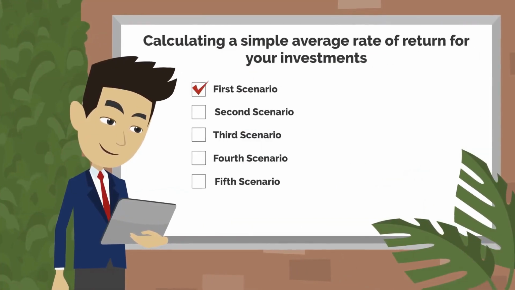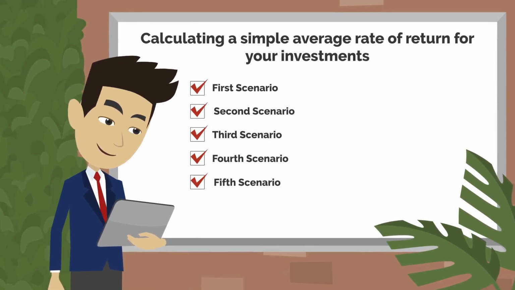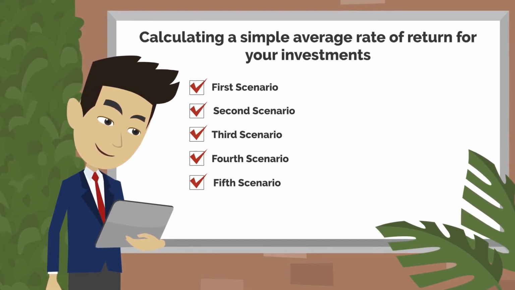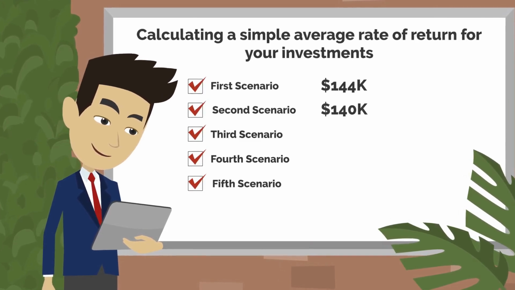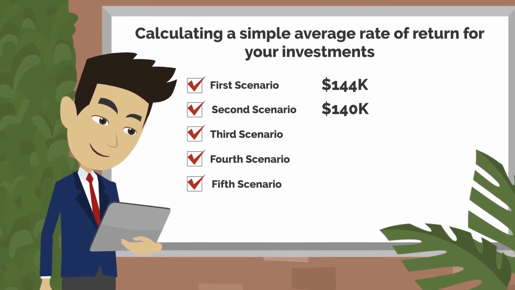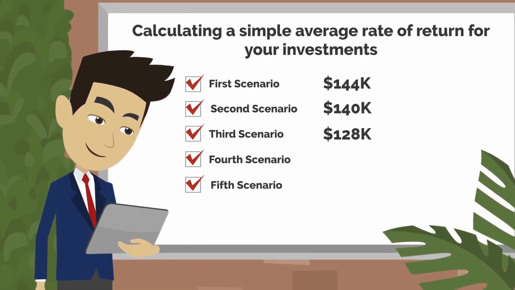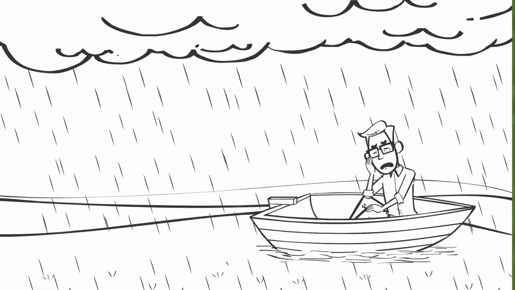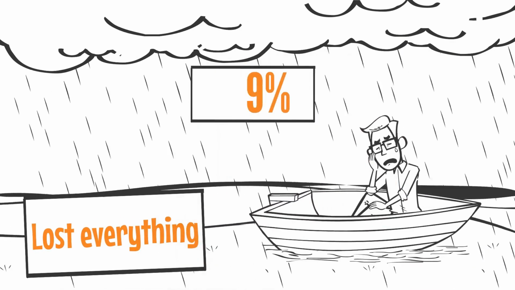These 5 examples yield very different real-world balances at the end of the time period. In the first example, had you invested $100K at the beginning, you would end with $144K. In the second, you would end with $140K. In the third, you would only have a $128K ending balance. In the fourth, you would have ended with $80K. And you obviously lost everything in the last example, even though all of these scenarios mathematically have a 20% average